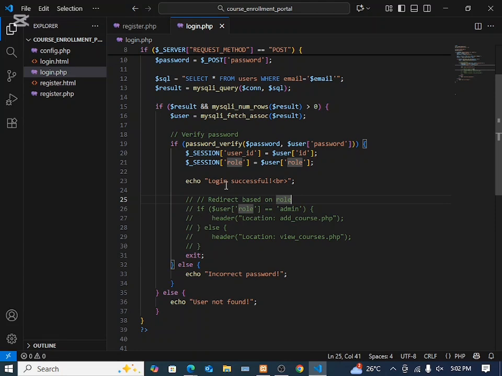In our next session, we will move on to creating the enrollment file. Also, we will create add course.php and